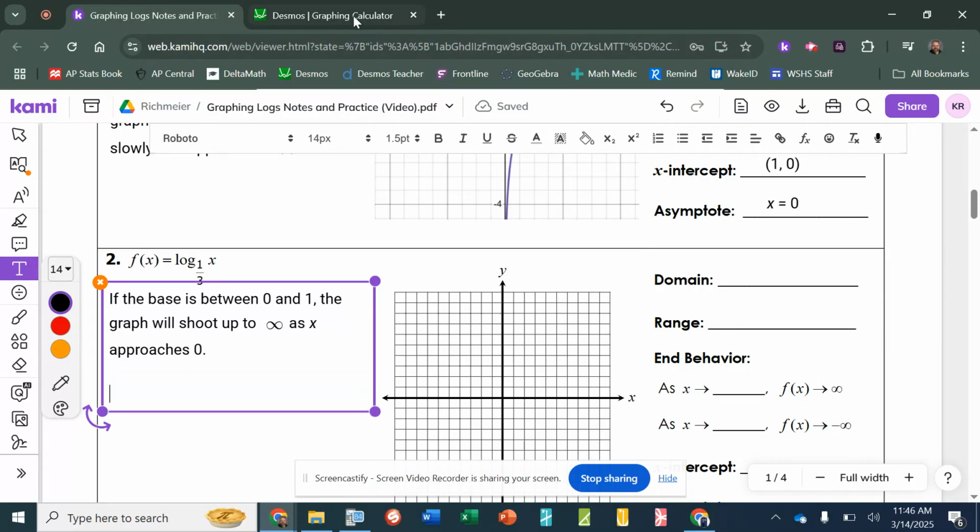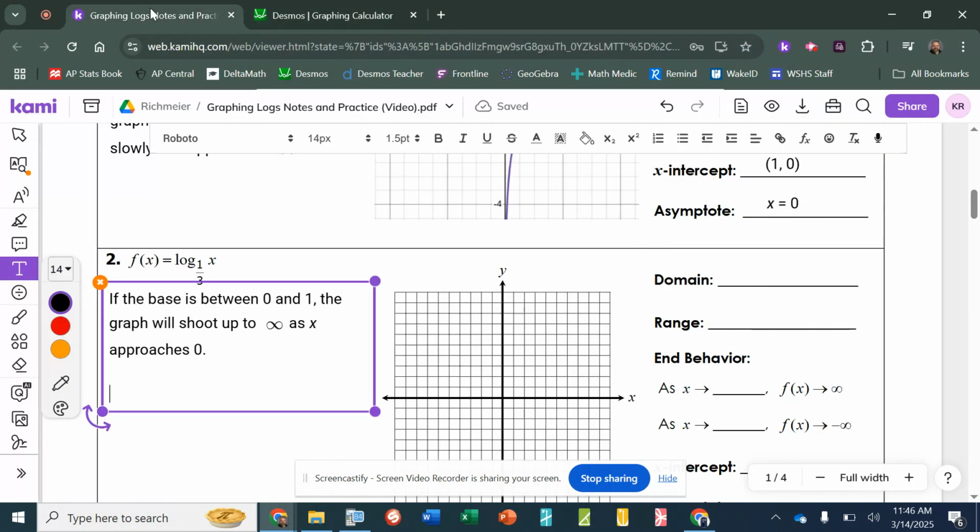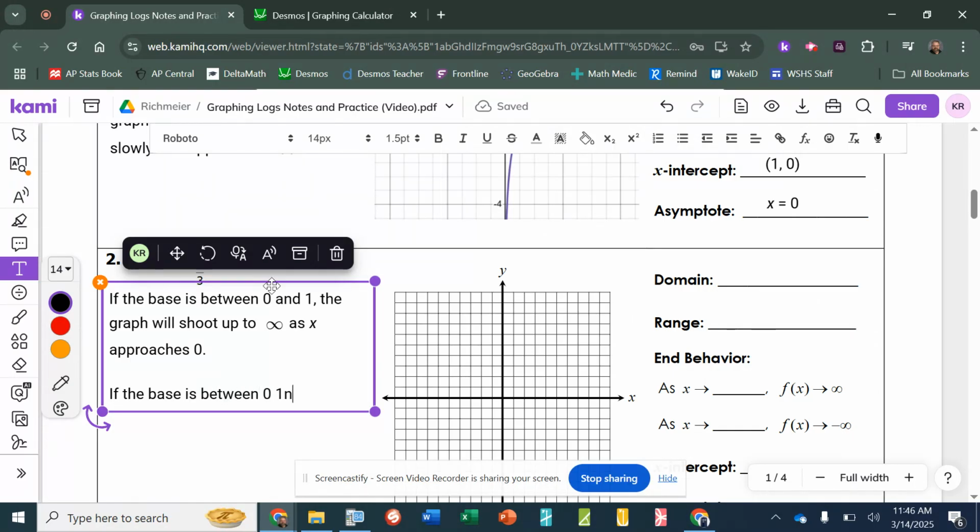And then we can see from the graph here in Desmos on the other end, as x goes to positive infinity, this thing keeps going down. And so this time it's going down to negative infinity. All right. So if the base is between 0 and 1,